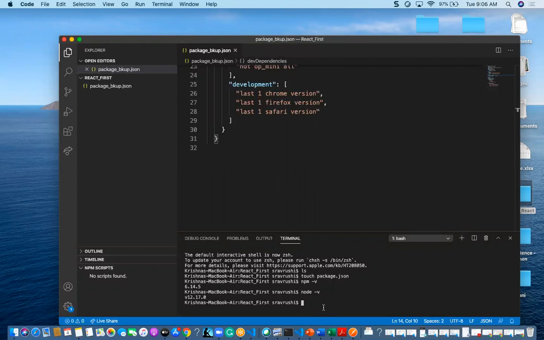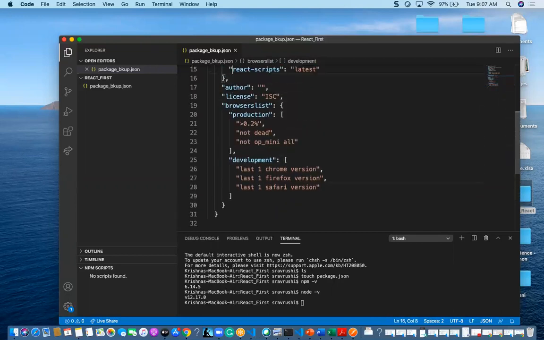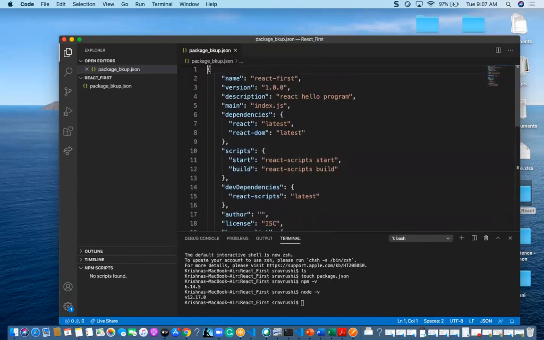So package.json is a predefined word given by Node.js to detect the dependencies of the project, and it will also detect the data, the start command, and some scripts. It will detect the development environment or production environment. This is the general structure of package.json. It is something like name, version, description, and also main.